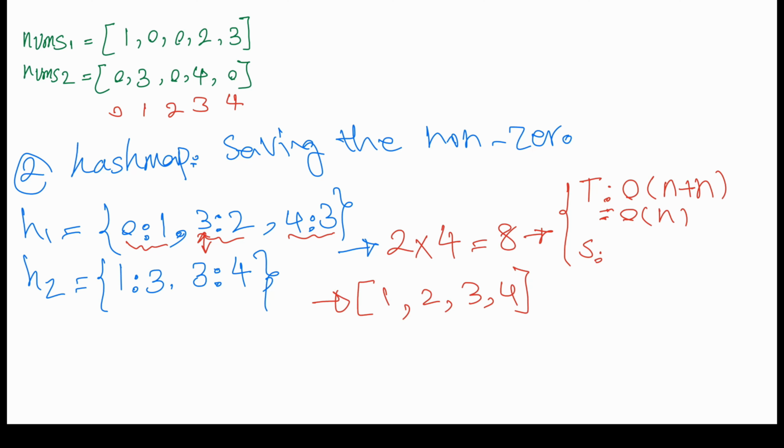All of these values are non-zero, so we have to save all of them in the hash map. So the space complexity is O of n. But overall, we can say that it is O of L, where L is the number of non-zero elements in our arrays. So this is the second solution, but